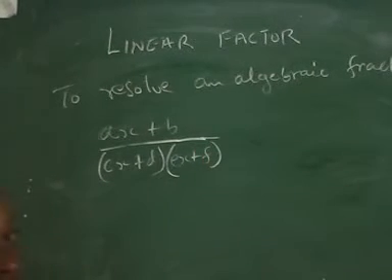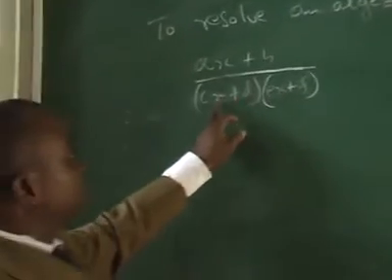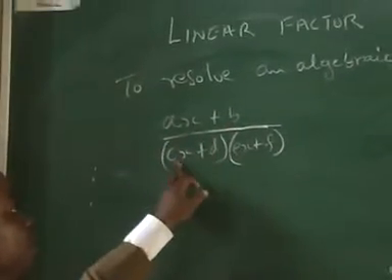Now you see we have linear because the unknown here is linear, where a, b, c, d, e, f are